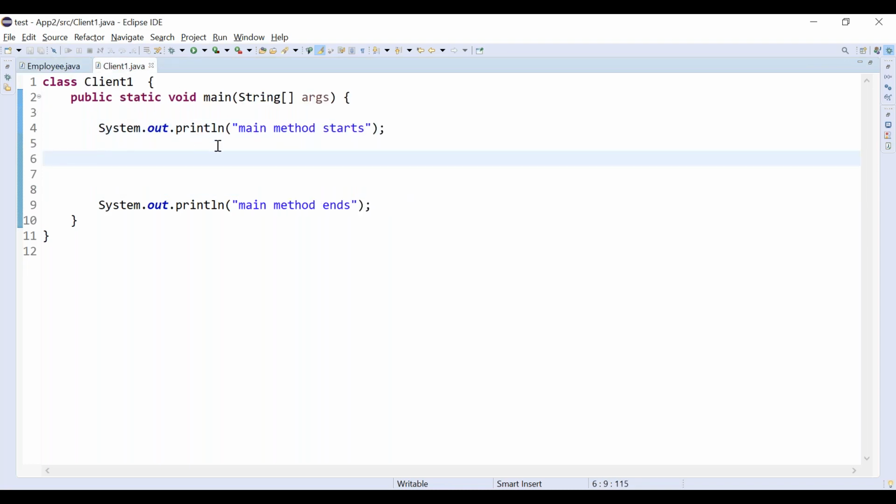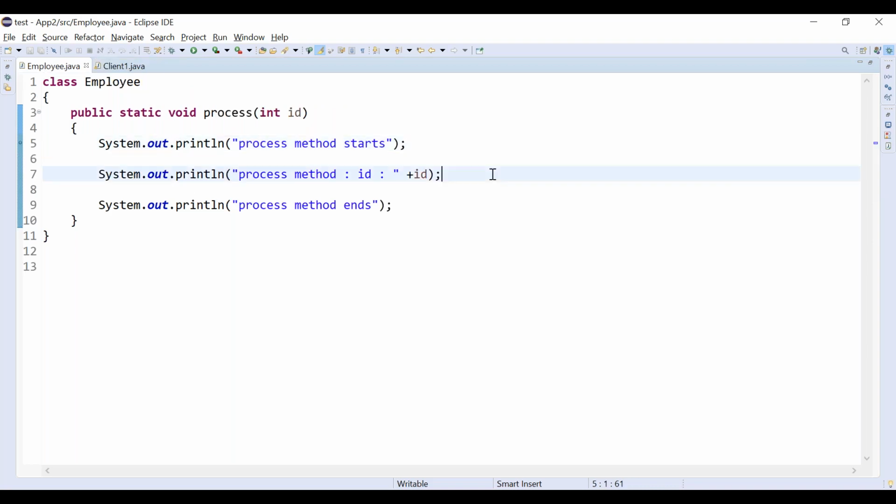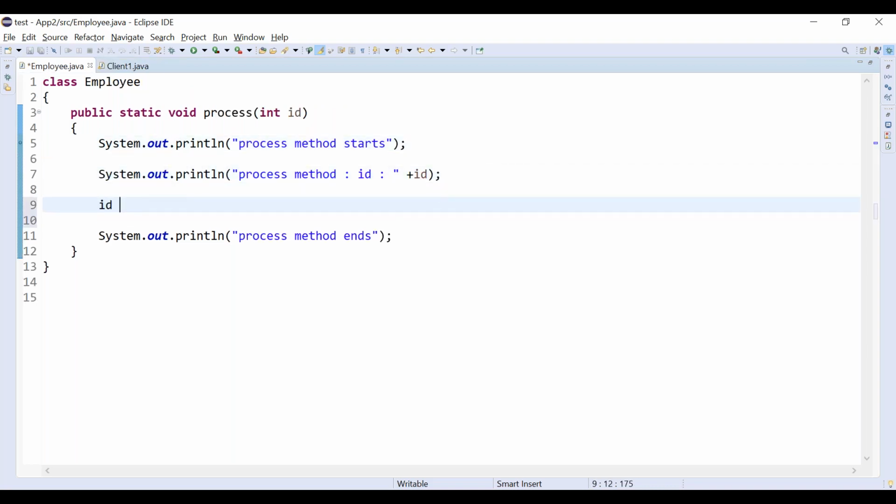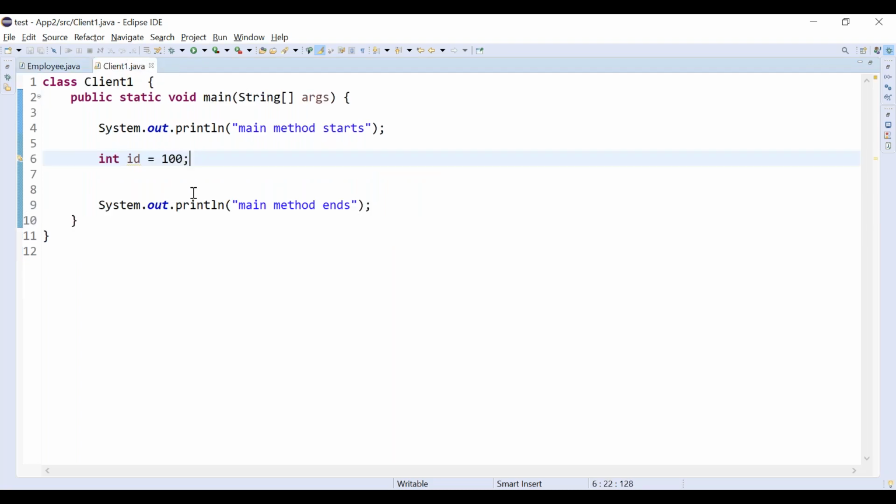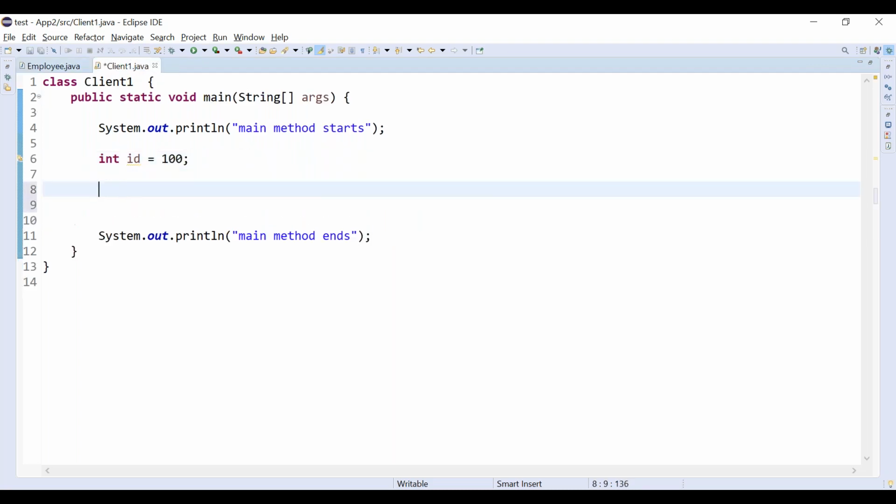Now inside the client main class, I am declaring a local variable with id as 100.